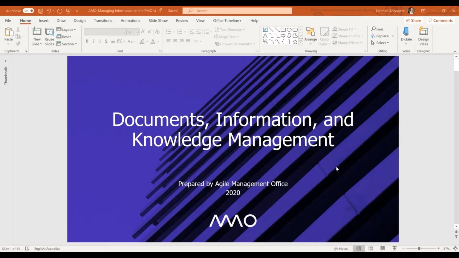And for today, I wanted to share a little bit about the documents, information and knowledge management module. It's an opportune time now with everything going on in the world where people are remote working and working from home. And one of the things that's been really common is people's abilities to work from home, but actually still having access to their information that they would normally access, whether they're on site with a client or whether they're working remotely from home or whether they're traveling for work, whatever the